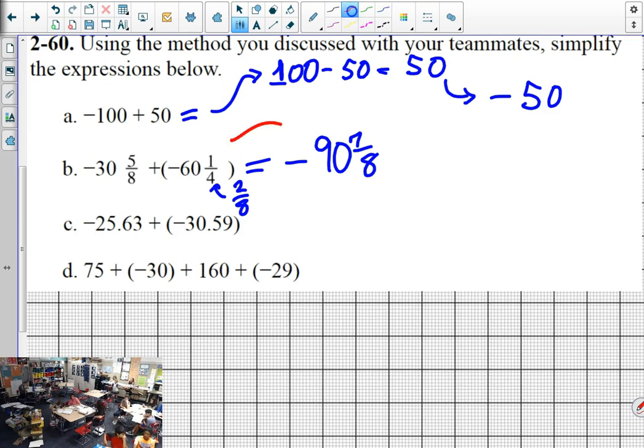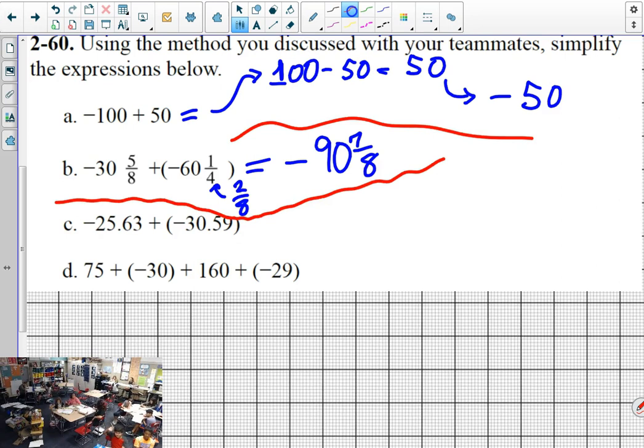I'm going to change colors as to not get confused here. Now we have decimal values. Zach, can you tell me what's going on here and what we get as our answer? Are we fighting or merging? We're merging, right? Two bad guys. What do we get? So what I did was I split apart the decimals